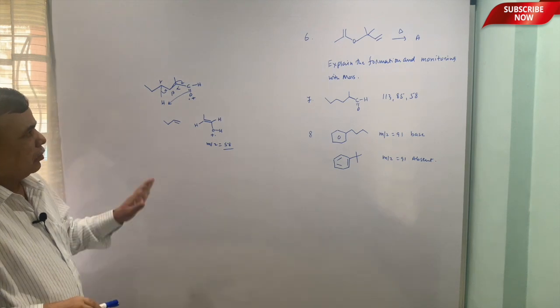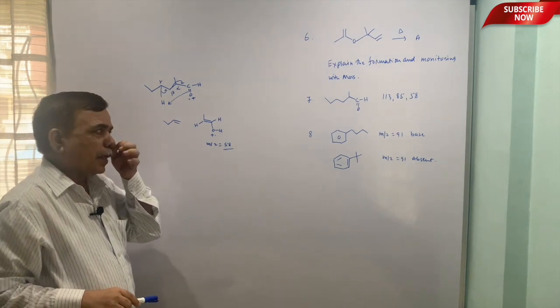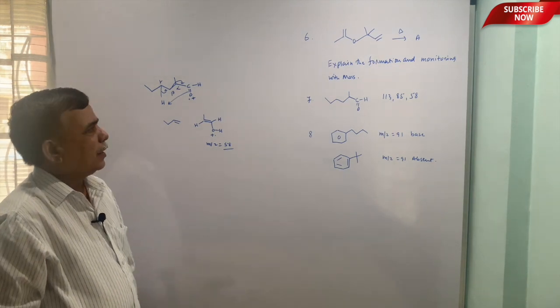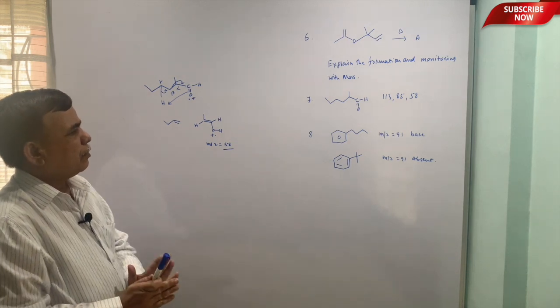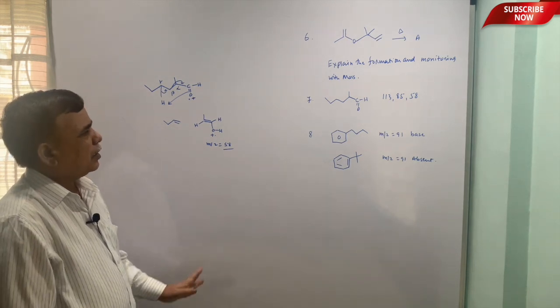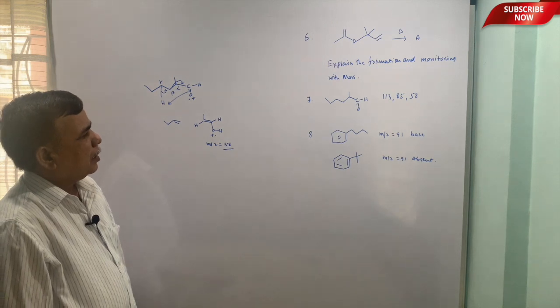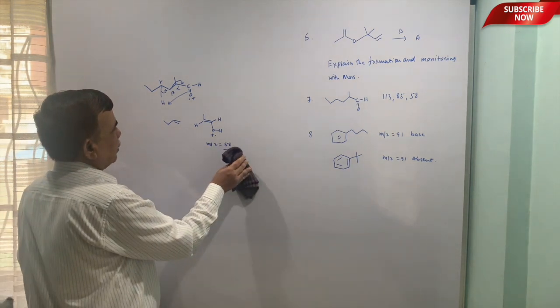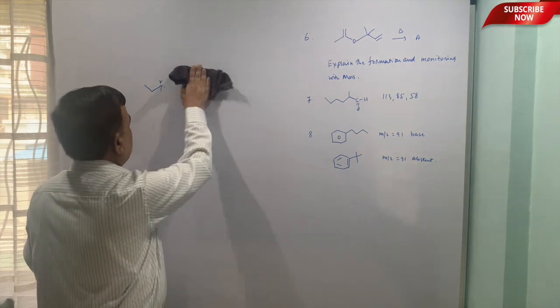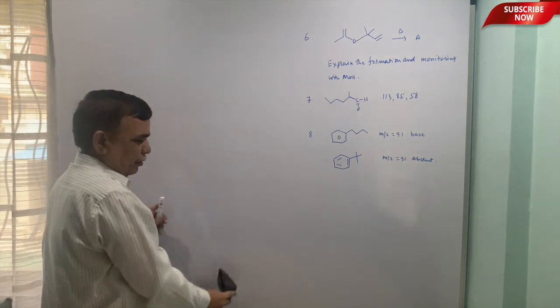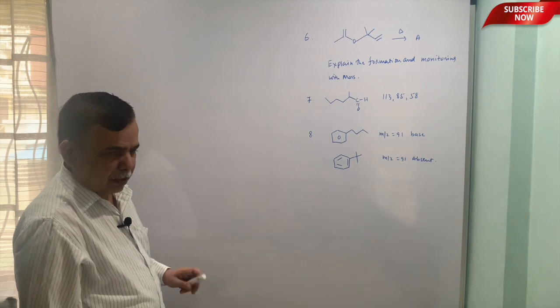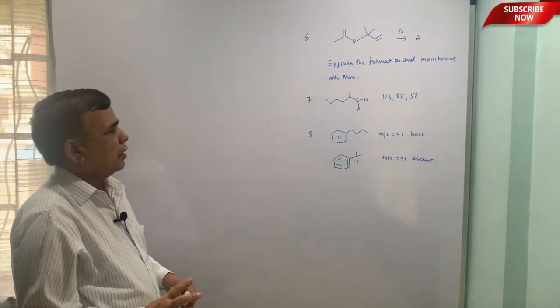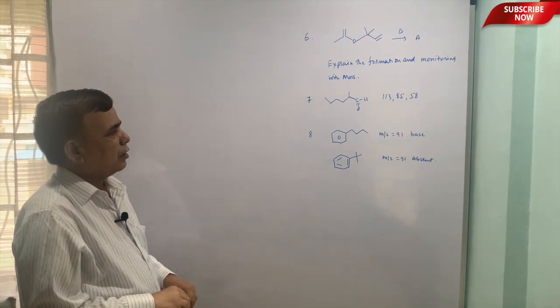So the first peak is m plus minus 1, a peculiar peak for aldehyde. 85 is loss of carbon chain, that is 29 the ethyl group, and 58 stands for the McLafferty rearrangement. And McLafferty means you are going from even to even fragment, like even molecular ion to even fragment mass, or odd to odd, that is also McLafferty.